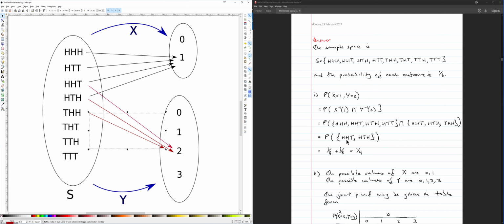you have 2 heads, right? So that satisfies y is equal to 2. And both of these over here satisfy x is equal to 1. You have a head in the first position for both of these, right? All right, so